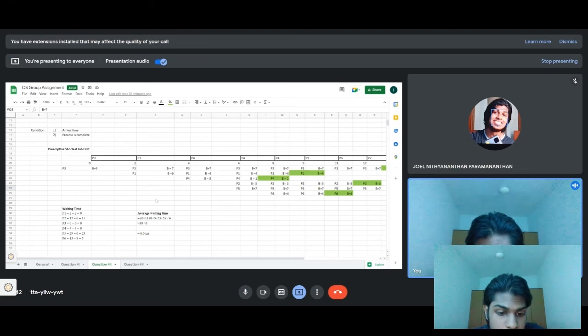Moving on with our next stage, we'll be calculating the average waiting time, which will be the total of all the waiting times divided by the number of processes, which we have 6. We total the waiting time and then divide by 6 processes, which will be 0 plus 11 plus 0 plus 0 plus 23 plus 5, divided by 6. The answer will be 39 divided by 6, equals 6.5